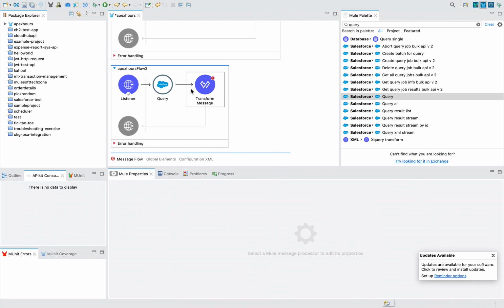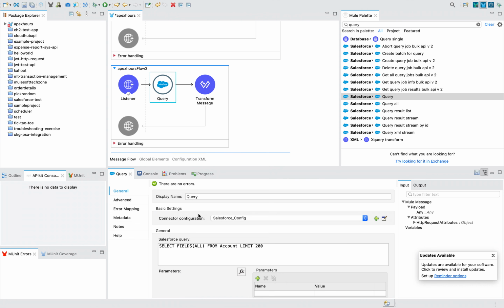Okay, in this connector, people who are already Salesforce developers must know that Salesforce uses SOQL. It is similar to SQL, but this is Salesforce Object Query Language, and it has its own syntax, different from our MySQL syntax. Salesforce doesn't accept select star, so what I'm doing here is select fields all, so that I can get all the fields